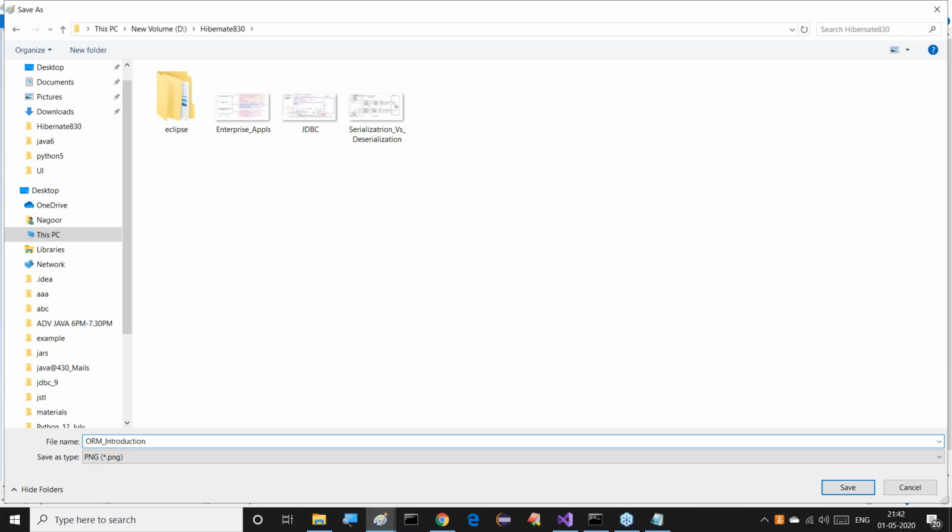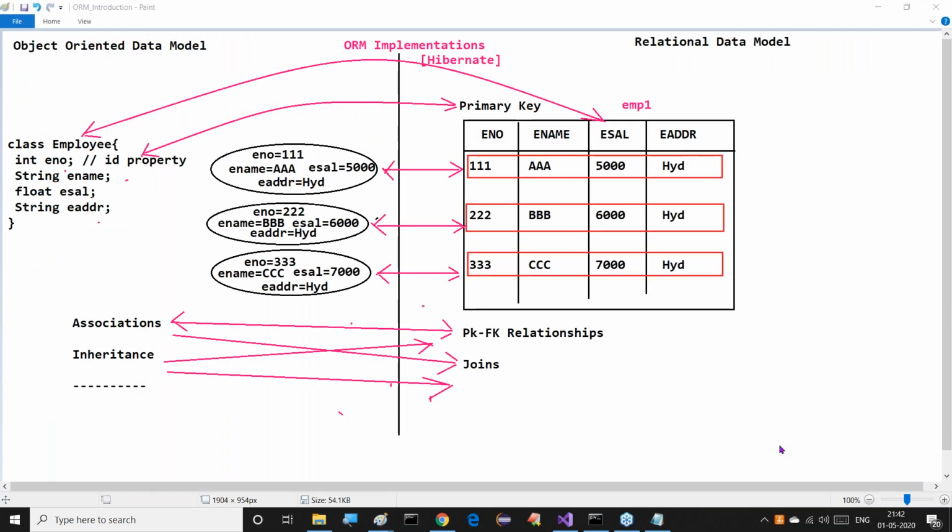Good guys. Now this is the purpose of this ORM. For this purpose only we are going to study Hibernate. The remaining content I will discuss with you in the next class, guys. I will take the next class on Monday again. Maybe on Monday this link may not work out. Yes, Srinivas, I will do that. No problem.